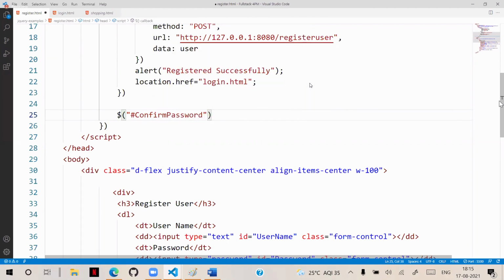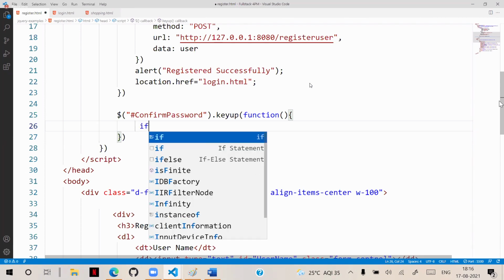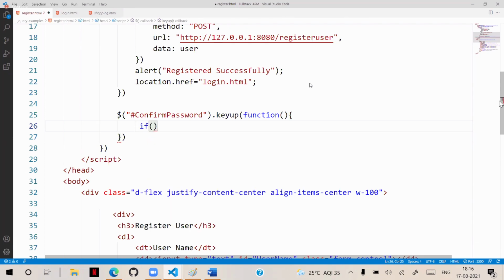And on this confirm password, directly we have keyup. Keyup means while every character is typed, it should verify. So every character it should verify. That means here we are defining a function, and what does the function do? This function should verify the value. That means we need to write a condition.